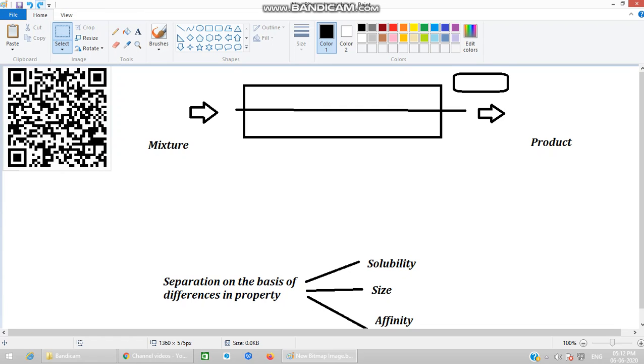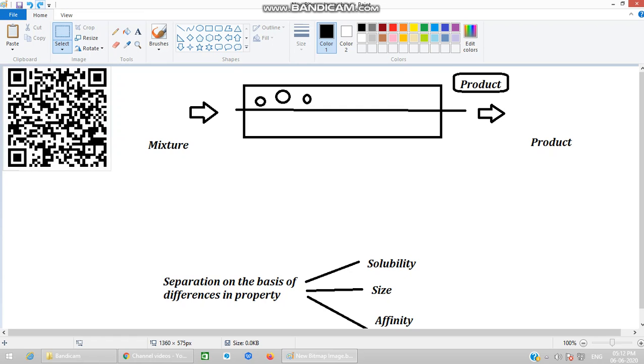As I have said, for size exclusion chromatography, the bigger molecule will come out. Now it is up to you whether you use the bigger molecule as your product or the smaller molecule. When the small molecule is your product, it will get trapped inside the column, and then it will be difficult for you to isolate. I will come to those things later on.